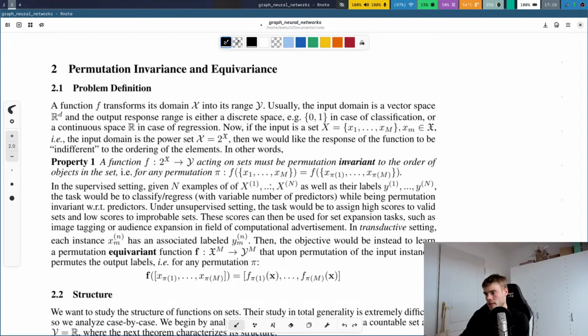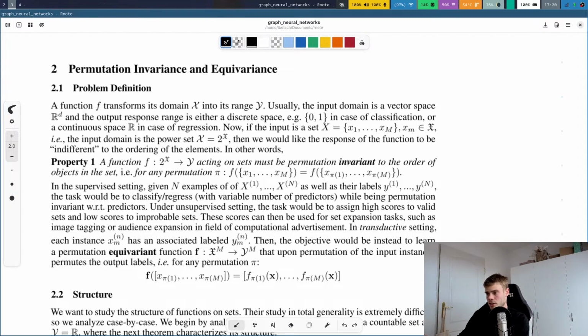Under unsupervised setting, the task would be to assign high scores to valid sets and low scores to improbable sets. These scores can then be used for set expansion tasks such as image tagging or audience expansion in the field of computational advertisement. In a transductive